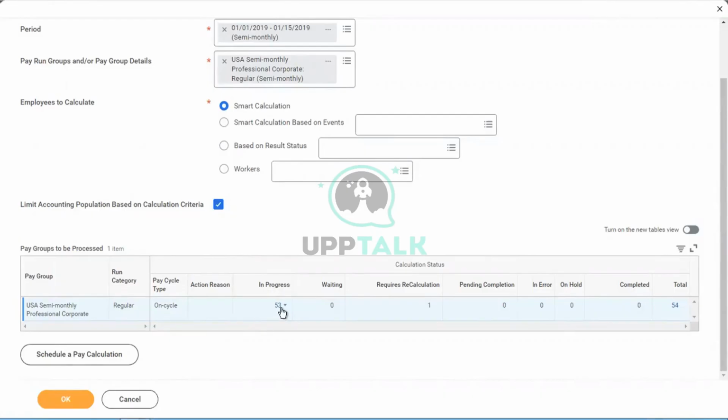How many employees are currently in progress? 50 employees are in progress. Total number of employees is 54. What happens to one employee? One employee has request recalculation, which means whenever you see a request recalculation, there will be two or three things. One employee in this pay frequency payroll is already initiated,